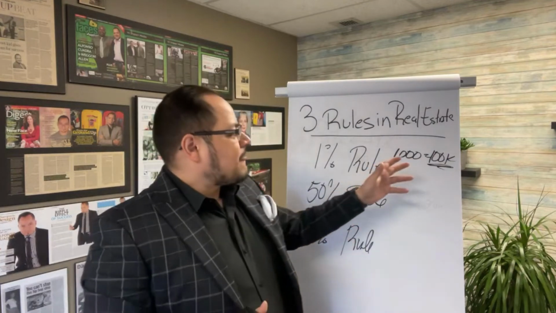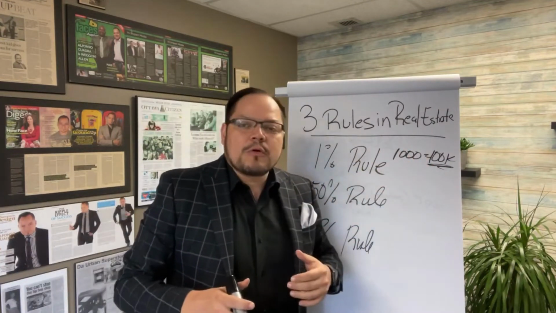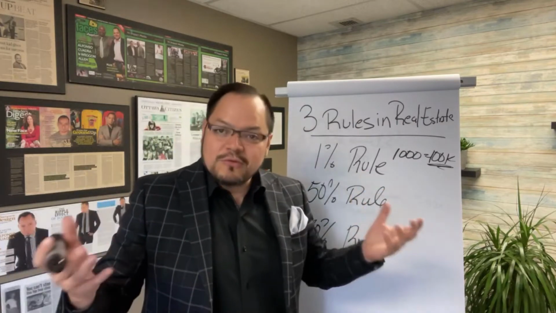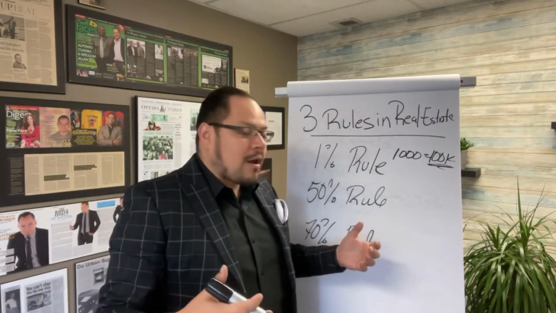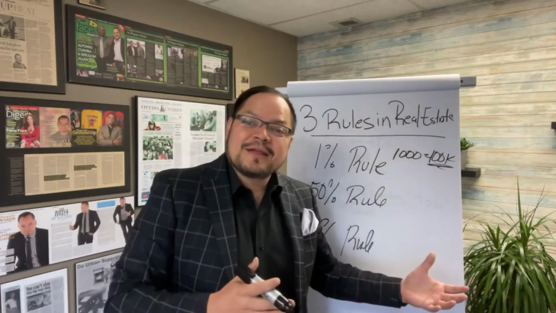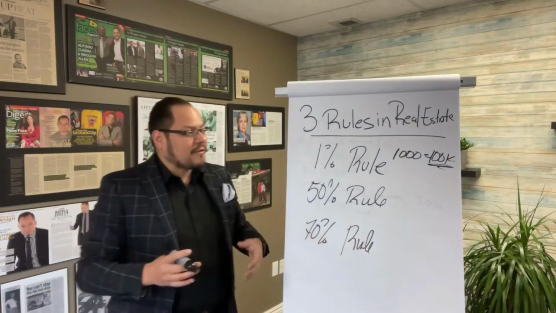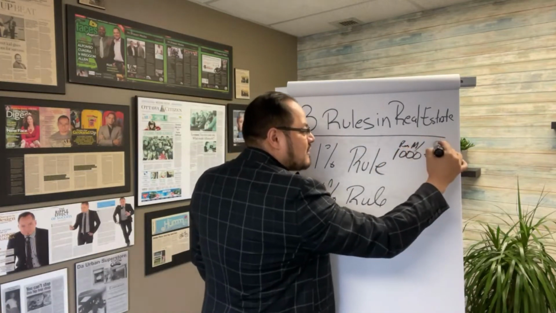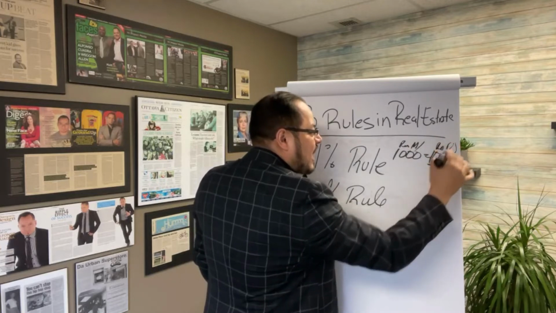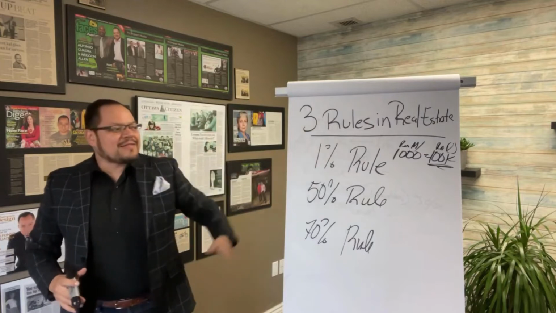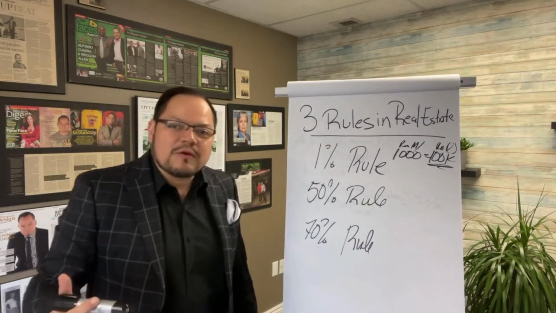If the property is worth $200,000, then the income should be $2,000. If the property is worth $1 million, the income should be $10,000 a month. So this is per month, and this is real estate value. So the 1% rule says that every $100,000 of real estate value should equate to